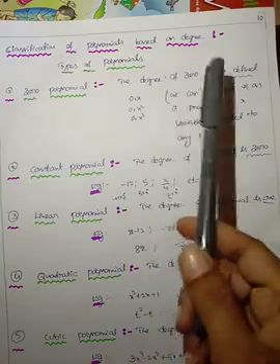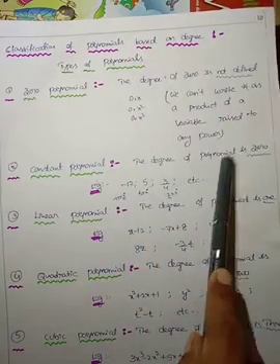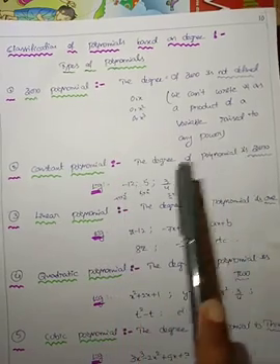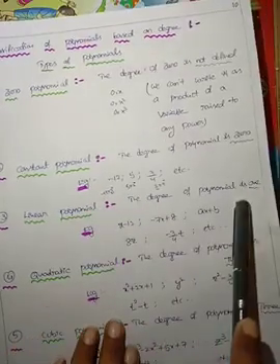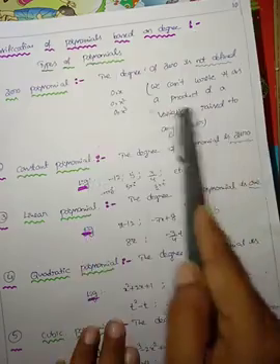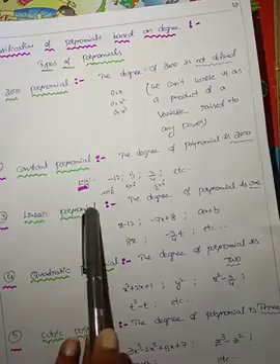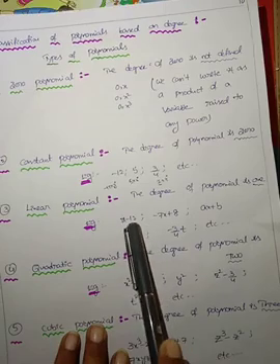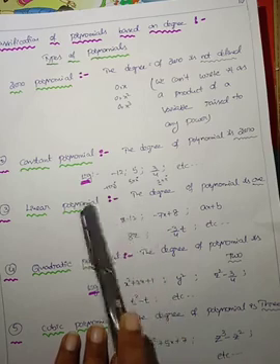Which polynomial's degree is not defined, that polynomial is the zero polynomial. Which polynomial has degree 0? Those polynomials are constant polynomials, and examples of constant polynomials are all numbers. If the degree of the polynomial is not defined, it is the zero polynomial. If the degree is 0, it is a constant polynomial. If the degree of the polynomial is 1, then that polynomial is called a linear polynomial.